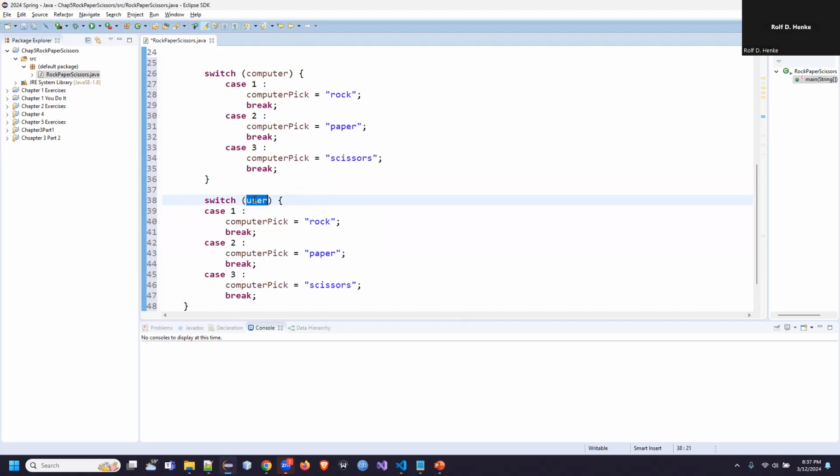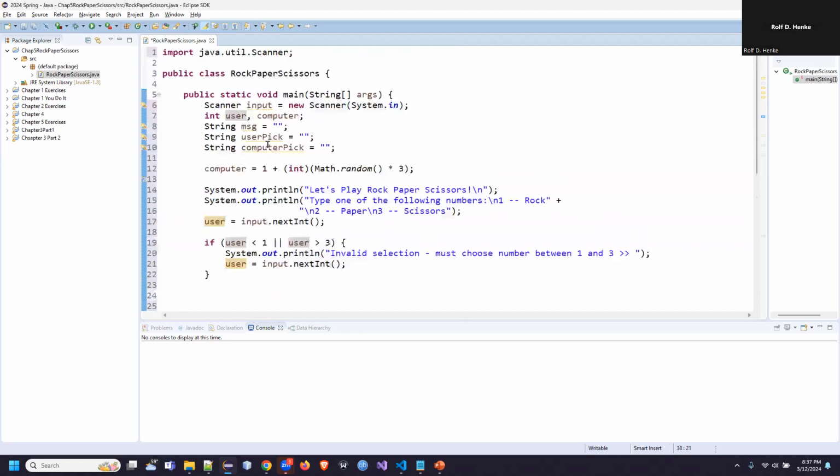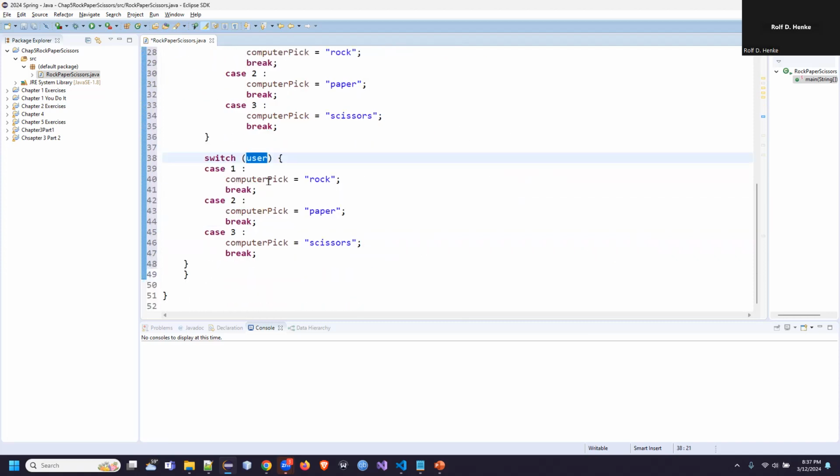So I'm going to take computer pick. Well, we're checking user, but the variable name is user pick. Okay, I just wanted to verify that. So we're just going to replace that with user,